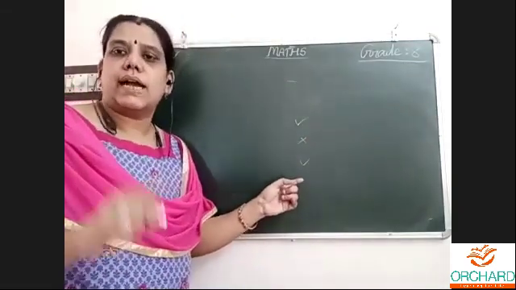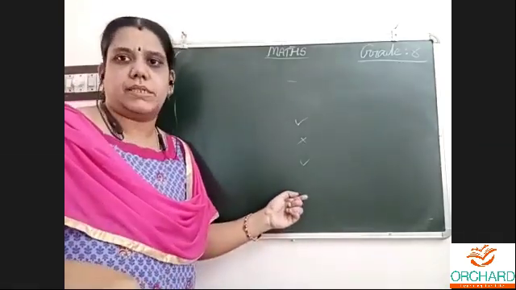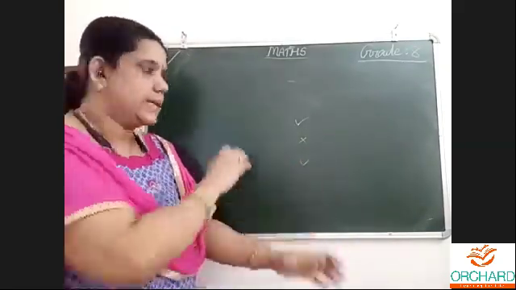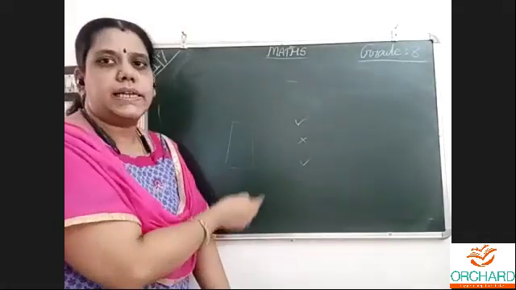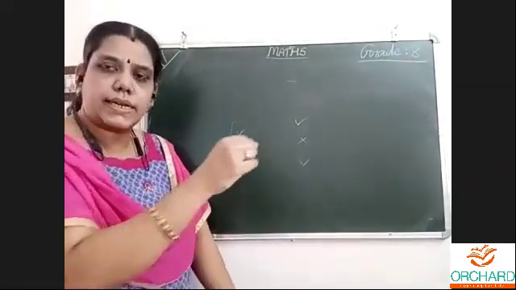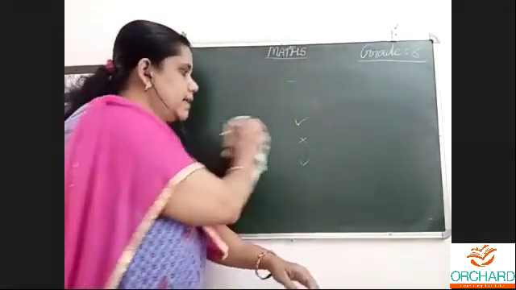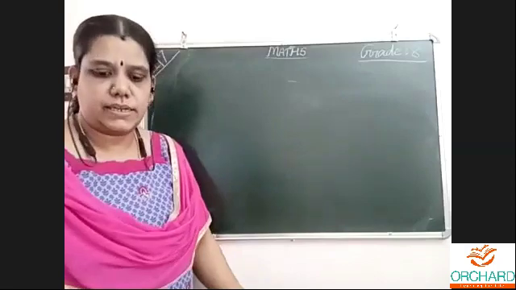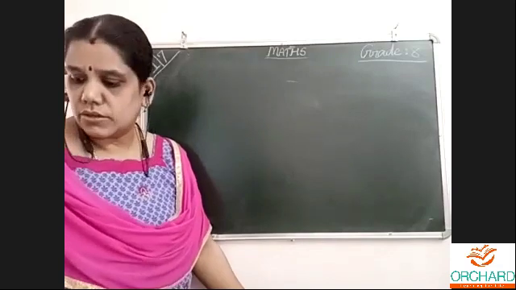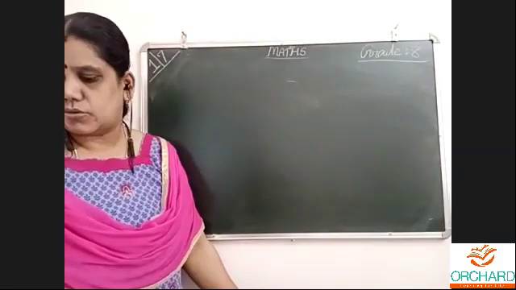For that, I will ask everyone to keep your video on and show me the 4 problems. Let it be wrong or correct, whatever it is. Then again, I will give another 4 problems. Again, I will give the answer. You have to check with the board answer and correct with your pencil. Then we'll check. One who is getting all the sums correct, very nice, we will give a star. That's the plan, so that after revising these 2 chapters we can move to squares and square roots.